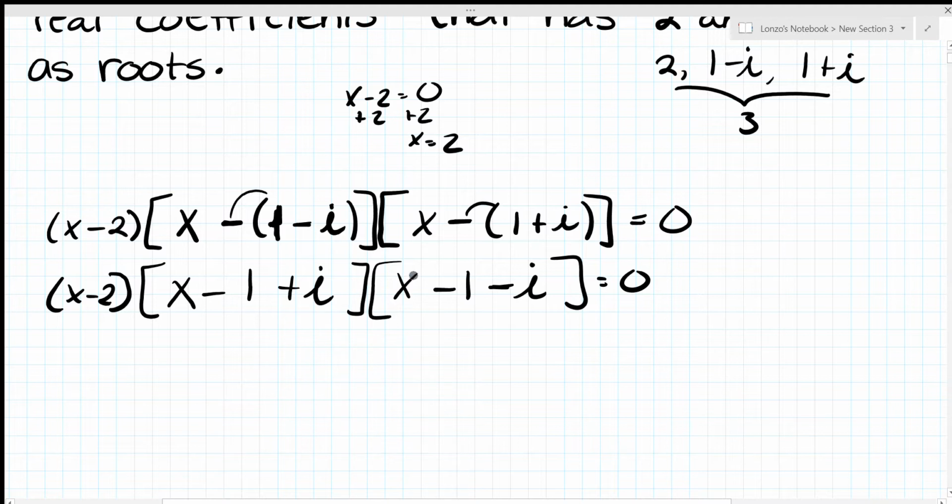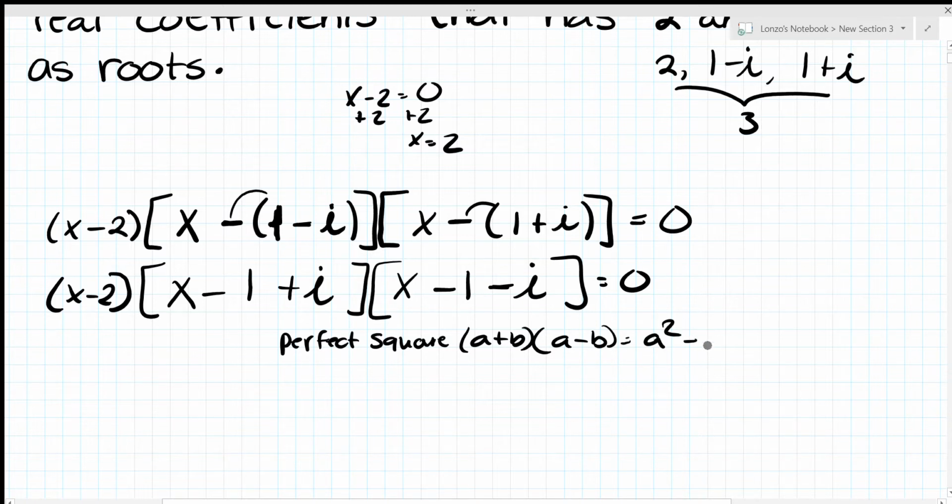Let's simplify these two things. Before you combine like terms, look at it really closely. We have an x minus 1 plus i, and here an x minus 1 minus i. That looks like something familiar. That looks like the perfect square, remember? If you recall, the equation is a plus b times a minus b equals a squared minus b squared. So in reality, using the perfect square trinomial,